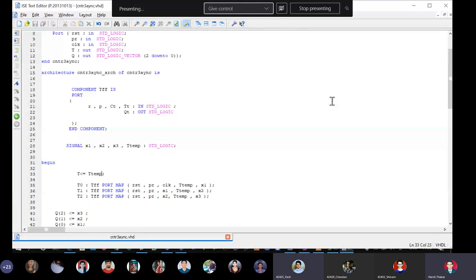Like this? Sir, opposite. T temp on left side and T on right. Why you need to do this? Sir, then it will take the value of T, whatever we give. Then better you initialize it here only, no? Okay.